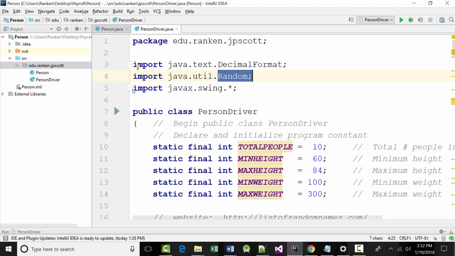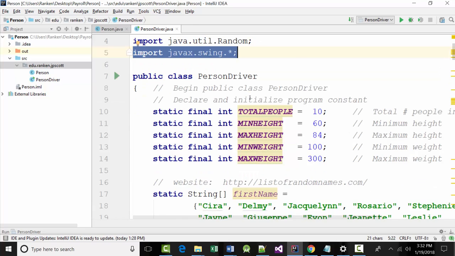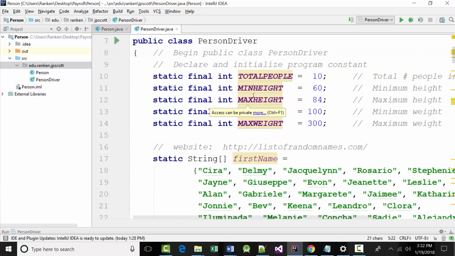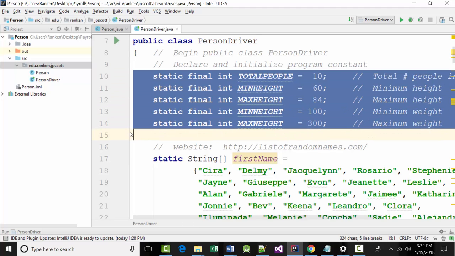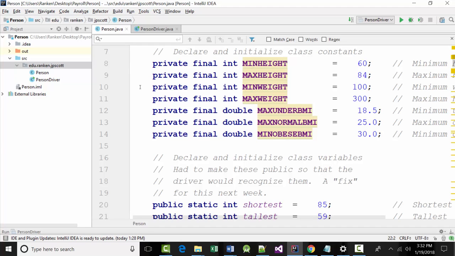And I used the JOptionPane, so we've got the import javax, etc. What I want you to understand is that I'm taking these variables right here, which appear here and here. They're constants, not variables, and if I take those constants out and put them in a new file, which is what we're going to do next week,